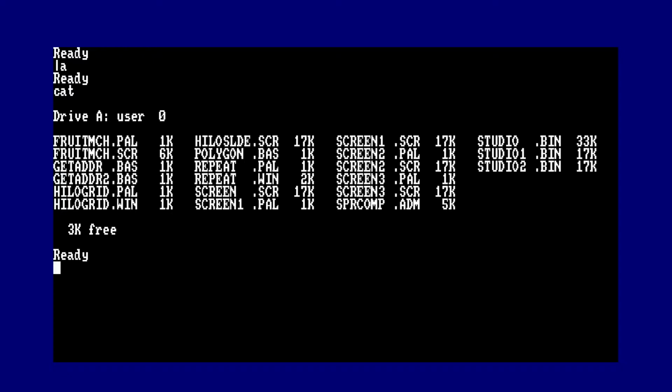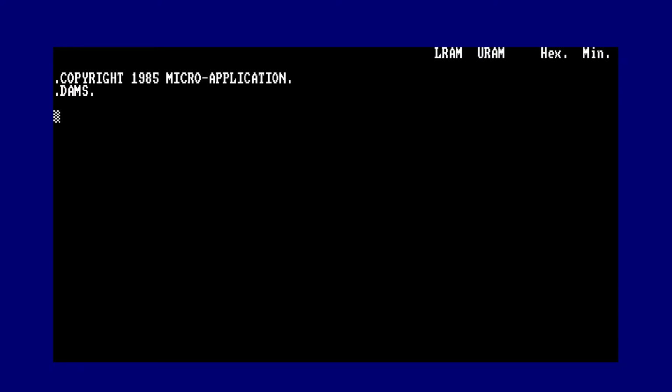To go back into Adam, because I've loaded it at its default base address of 4000, which is in the extended memory bank. If you're on a 464, sorry, but once you finish compiling the sprites, it will corrupt Adam and it will crash after you've saved. Anyway, here we go, and I'm going to get the file sprcomp.adm, and then to look at the listing, L